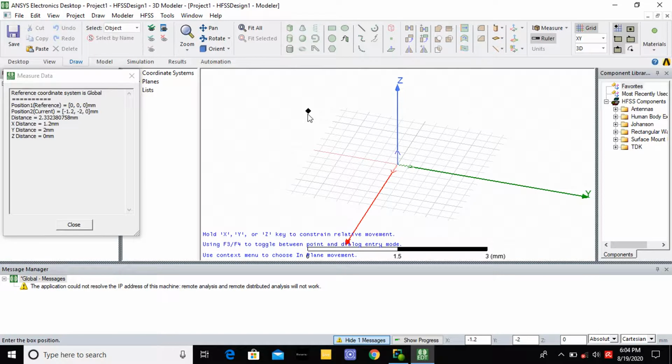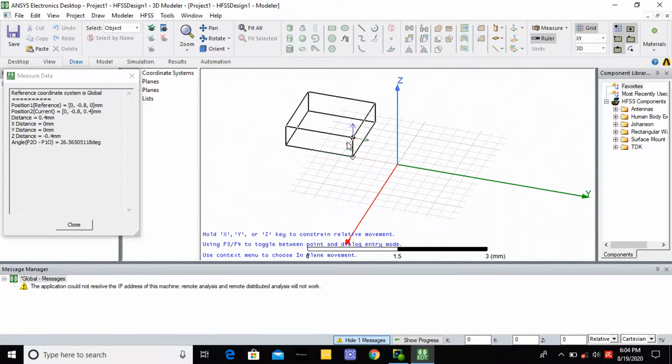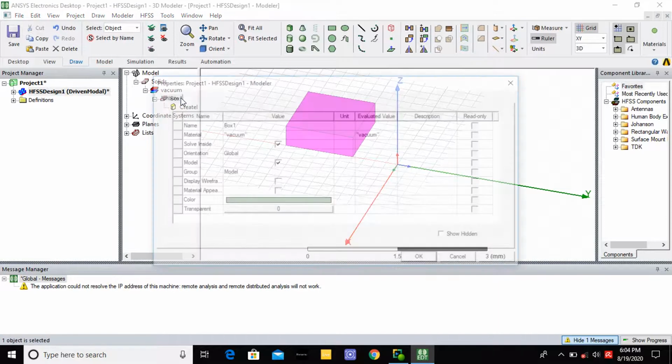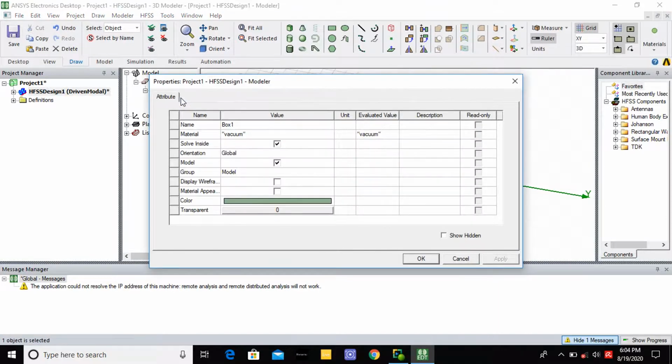3D dimension of the solid. Then you click that object in any place in the project window. Then after that go and change the name from box 1. Instead of box 1 you change the name